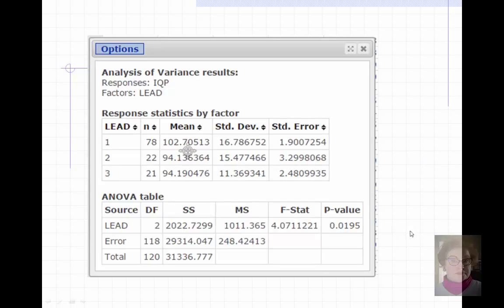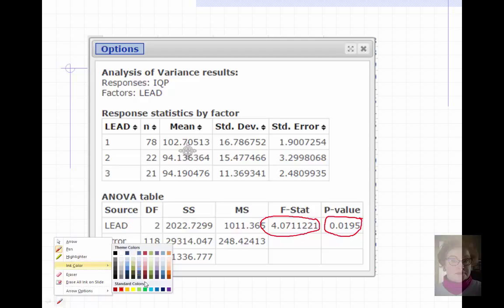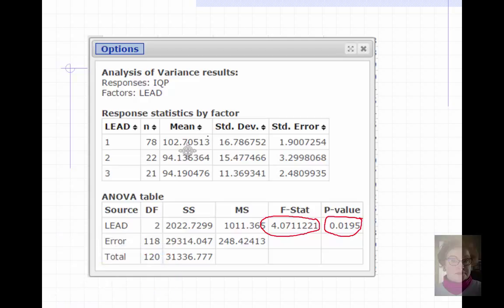So let's look at our output from StatCrunch. And right here is where we are going to find our F statistic. And then right next to it we find our p-value. Now on the previous slides they said the p-value rounds to 0.02, but here it is out a few more decimal places. The thing I want to show you here is that here we have the means, and this is where we can look at this and we can do our informal